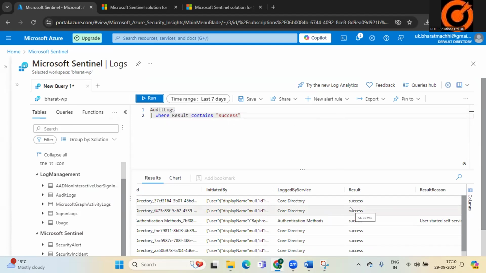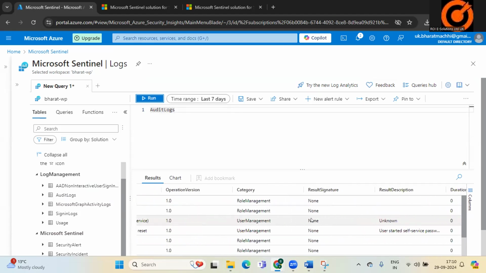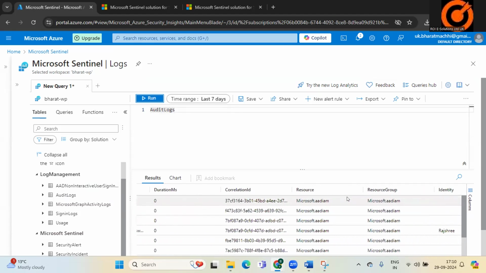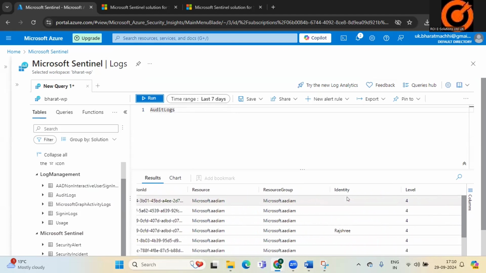This will help. If you work in this way, you don't have to remember all the column names, right? Once you click the audit logs like this, you get all the column names from here. Now you just need to add the where clause,